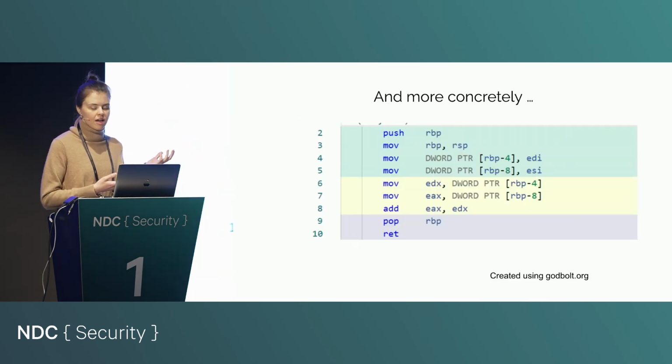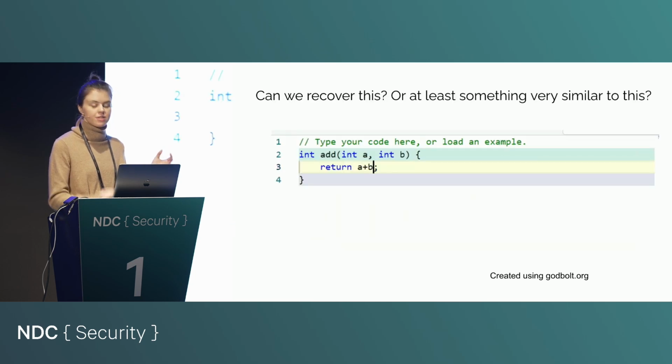I'll show you a concrete example. Here is a bunch of assembly code, and this is something we would get from a disassembler, for example, if we were analyzing a binary. The goal of the decompiler would be to take this and give you something like this, so that if you're a malware analyst or a researcher, you could see what the code was trying to do without having to go instruction by instruction. So the goal is to start with assembly and try to recover something that looks like C or Go or whatever your favorite programming language is.